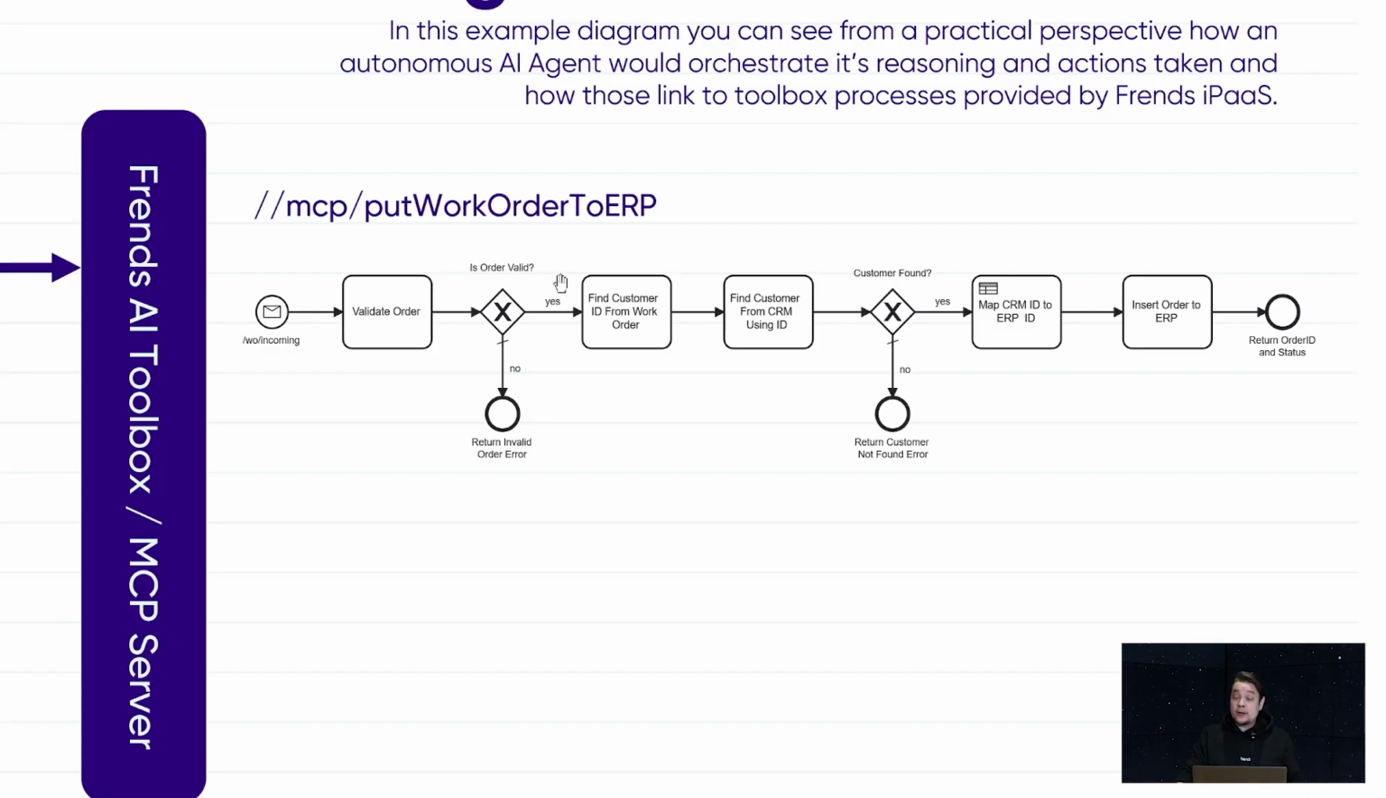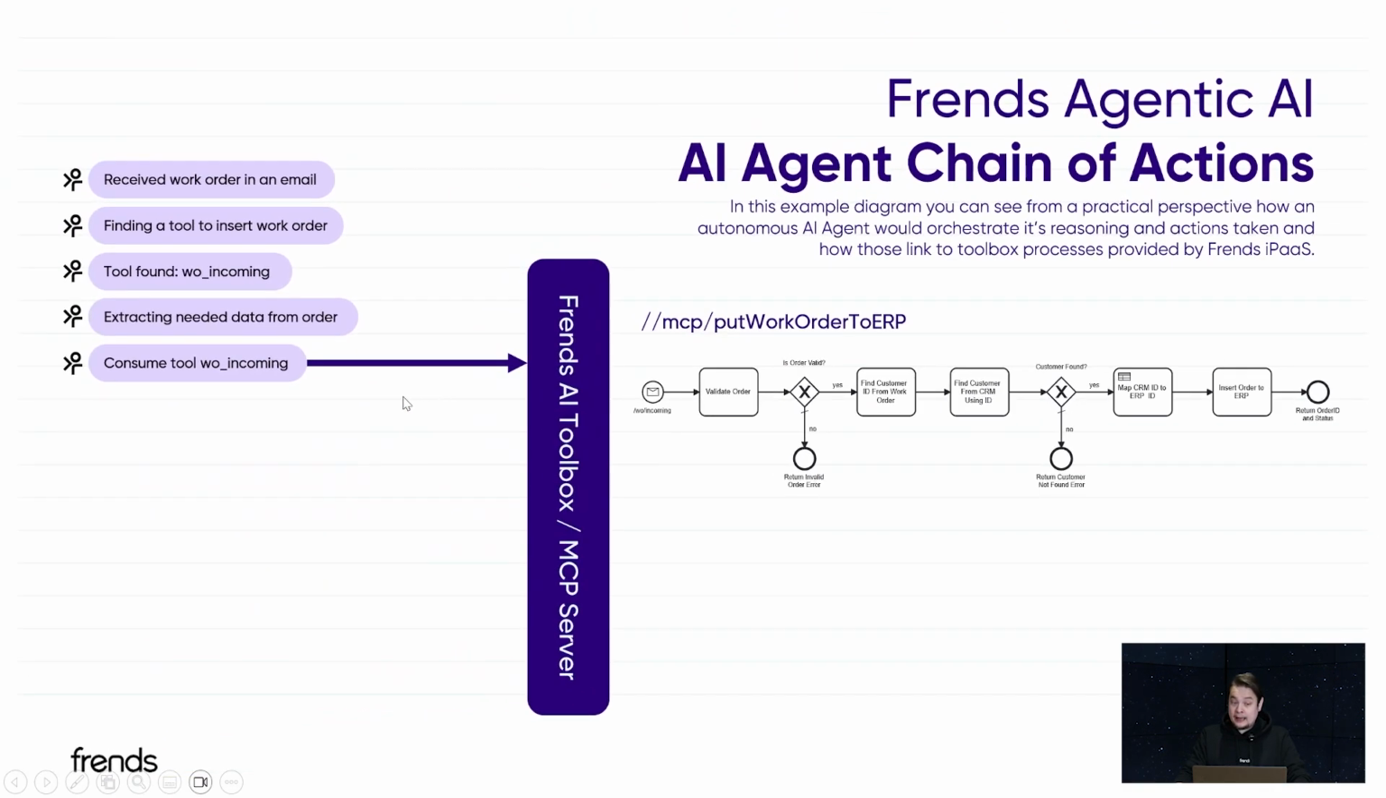We can ensure, for example, if we are inserting that order, that we have all of the necessary relations between other systems in place, such as the customer existing in both the CRM and the ERP system in this case. We might do more traditional mapping of CRM IDs to ERP IDs. All of these things, which are still very hard for AI to do reliably, we can put into the tool